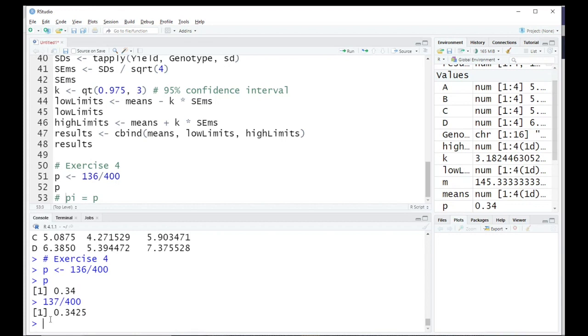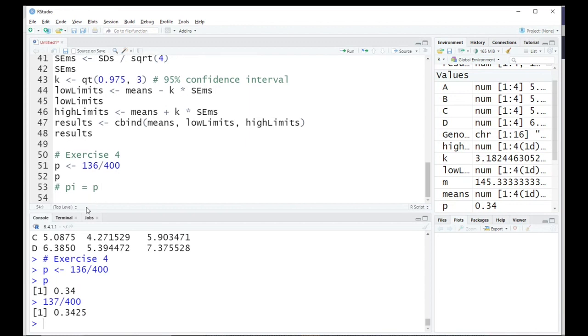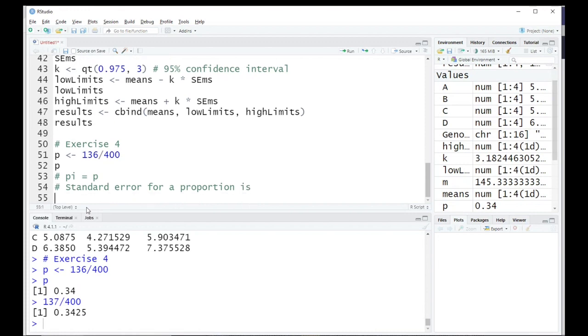Okay, so we need to build an interval again, as before. Nothing different. What is different is how we calculate the standard error. Because in this case, we cannot calculate the standard error as we did before, because we have no values. So, the standard error for a binary, for a proportion is as